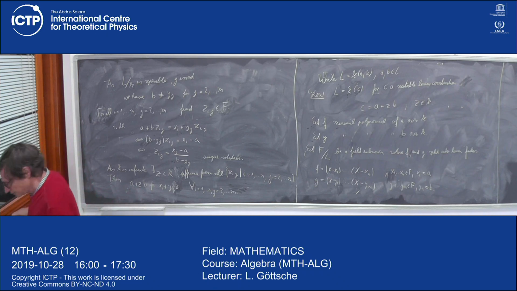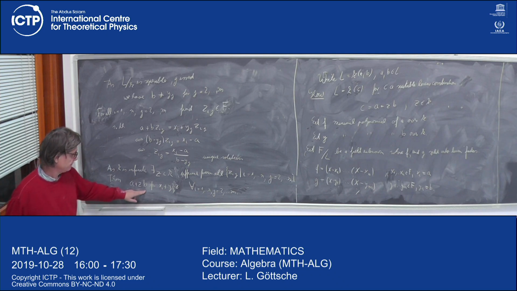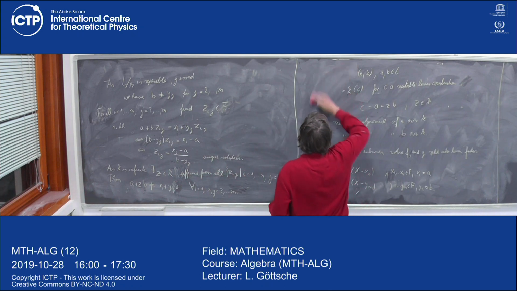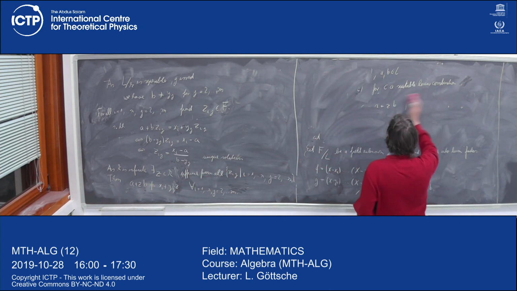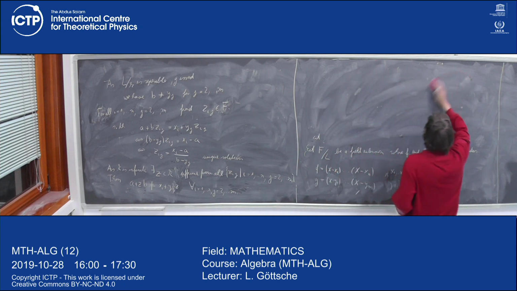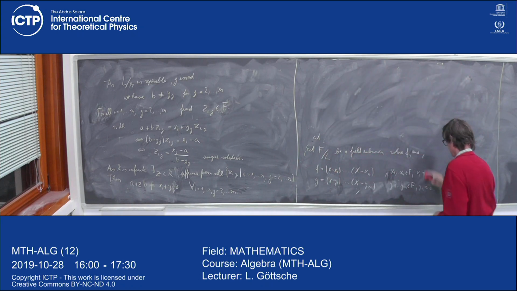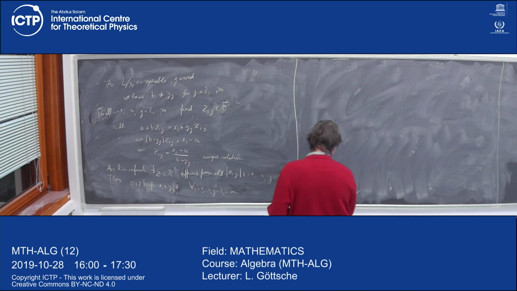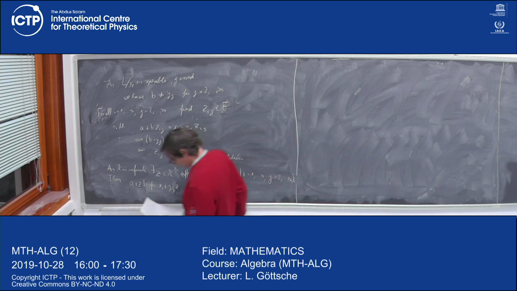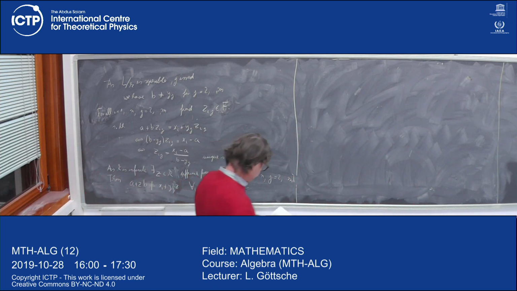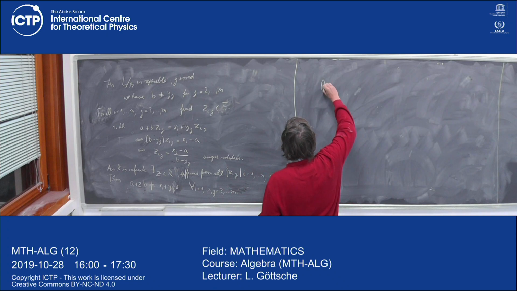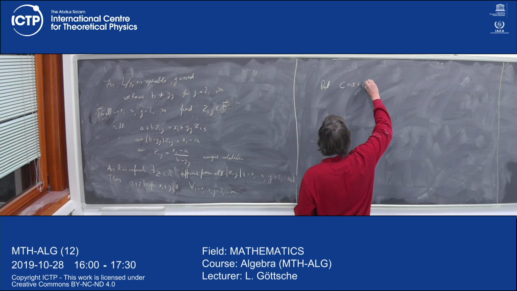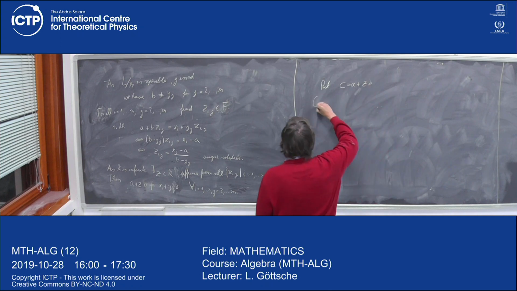So our element we want to add is A plus zB. So you put c equal to A plus z times B, and we claim